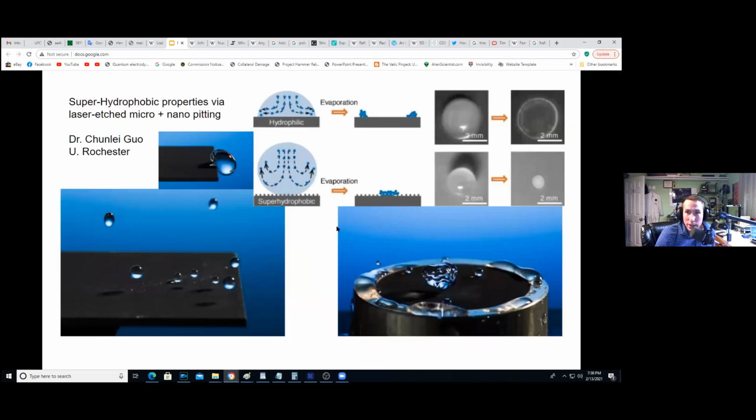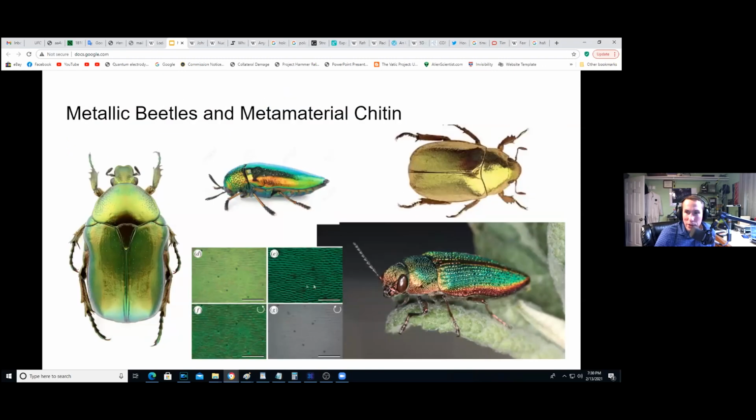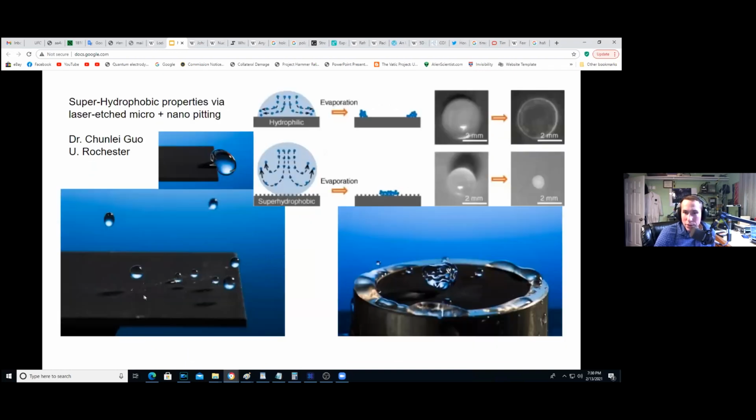So we find out that if we etch, University of Rochester, a guy named Dr. Chun-Li Guo is doing research into materials, and he found out that if you etch these materials with a laser, do laser etching, micro and nano pitting, similar to these nano pitting on the bugs, but you try different patterns and different shapes, which we've learned from looking at the bugs. This one makes gold, this one makes this iridescent green and whatnot. They're actually able to engineer materials that are hydrophobic. So these spacings in the microstructures are actually tuned to water molecules specifically. And then they can do it to make them hydrophilic.